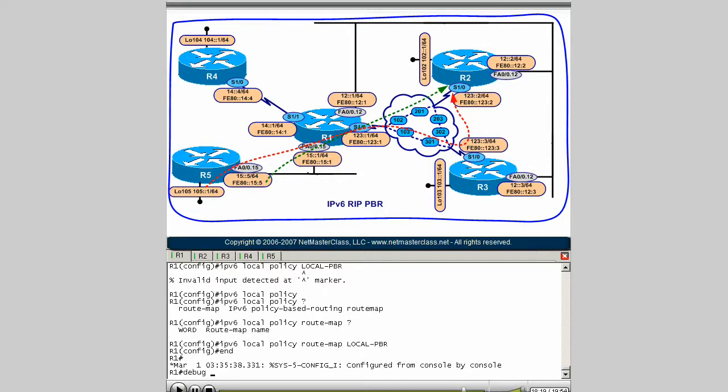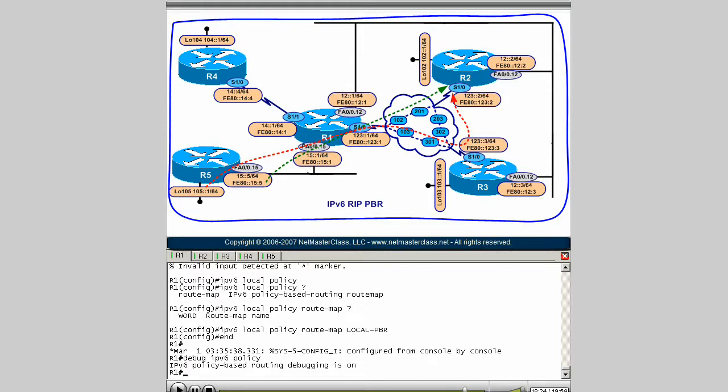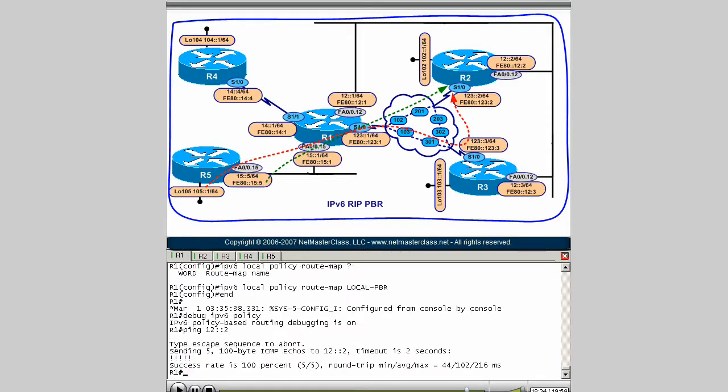Now, testing could be just like before, by the way. We can do debug IPv6 policy. And as far as a ping goes, if I ping on R1 to R2, let's ping to the 12 network, we see it functions great. There was no policy-based routing, because we are sourcing the traffic from the serial 1/0 interface and sending it directly to R2. But if I were to do that same ping and say source loopback 101,